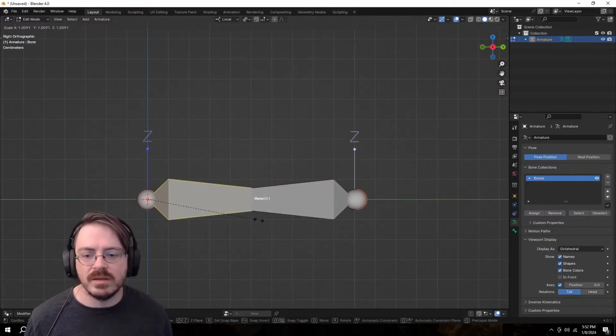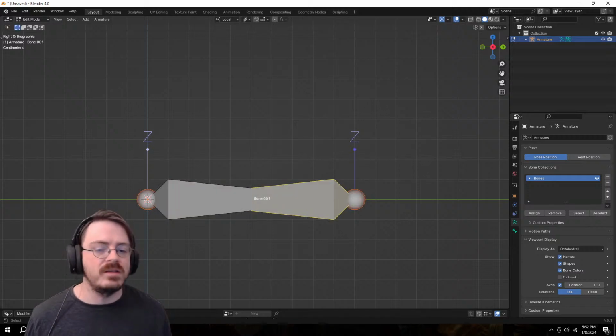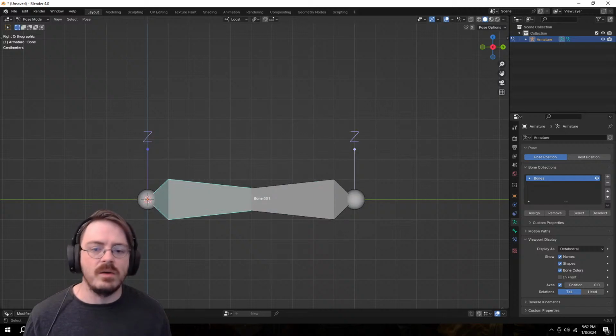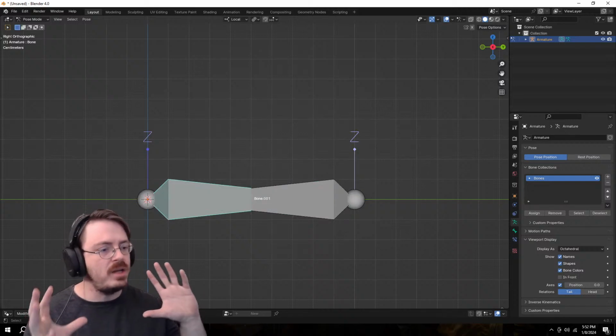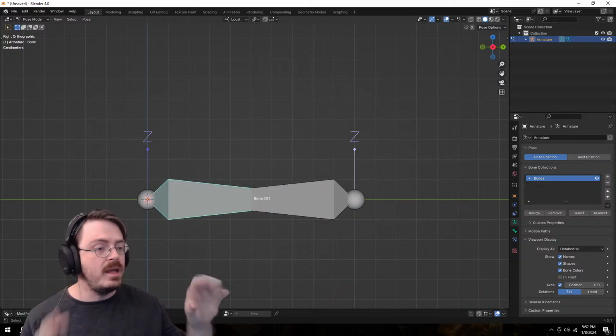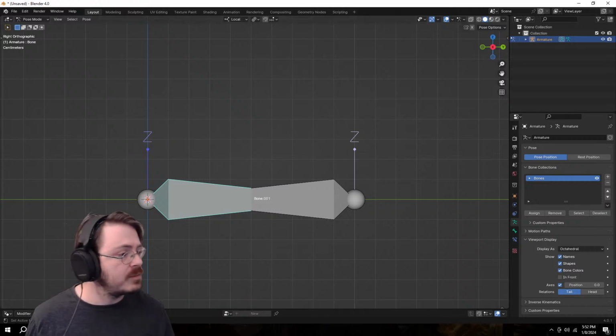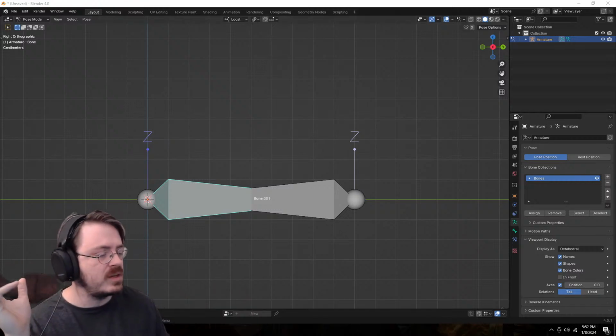one which is facing like such, and one facing the other direction. What this will let me do is change the point at which this bone rotates. So, just breaking down this mechanism here.